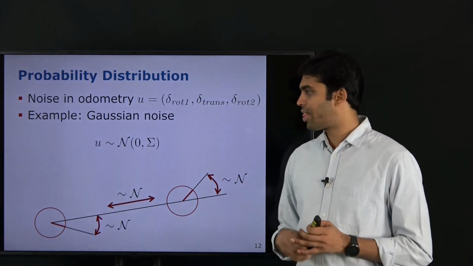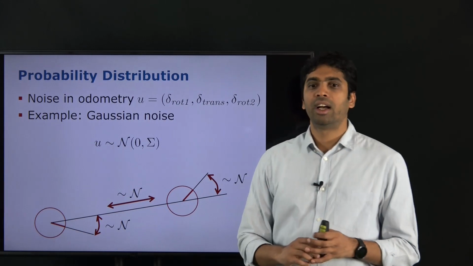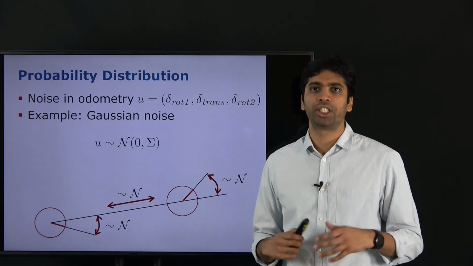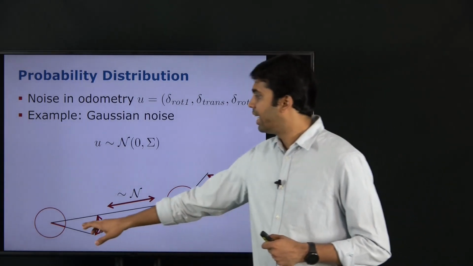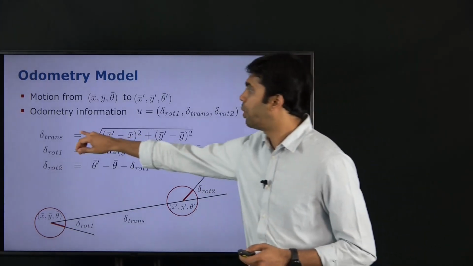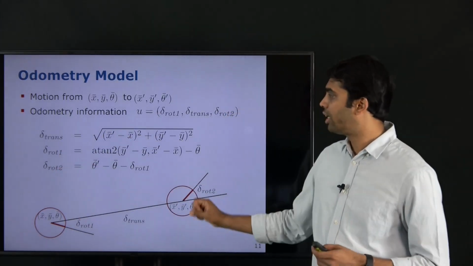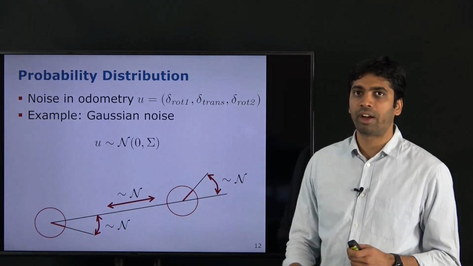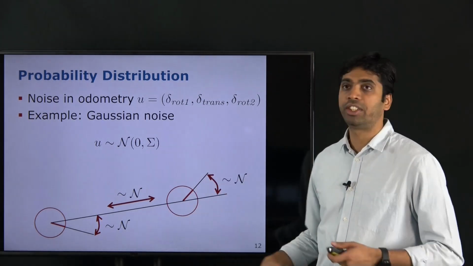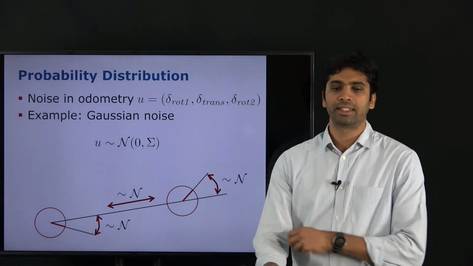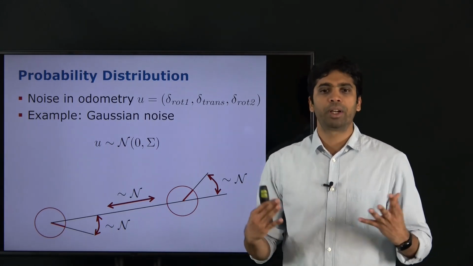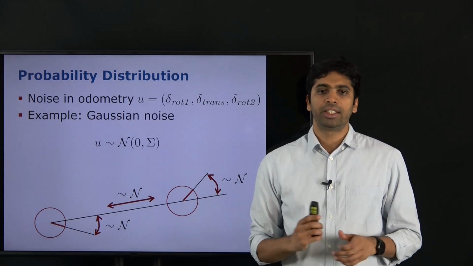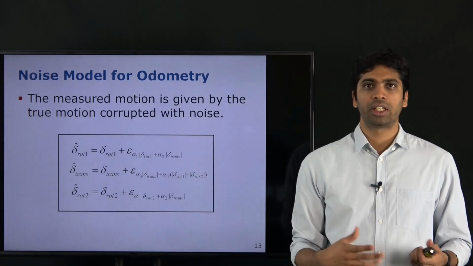And we should note here that the resulting noise that would end up in the final position would not be a Gaussian as before, because the equations like we saw before, because these determine how the motion actually happens, are nonlinear, and therefore when this Gaussian noise propagates through these nonlinear functions, we would end up with some function here which need not be Gaussian. And the reason we do this is, in practice, we observe that this particular model explains the actual noise often better in real world. So let's go a little bit more into details of how actually we model this Gaussian